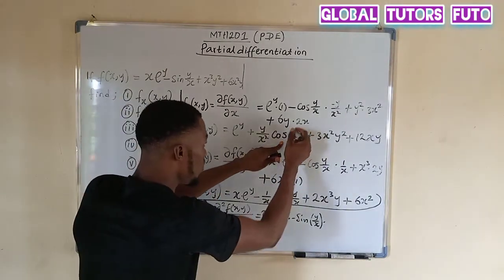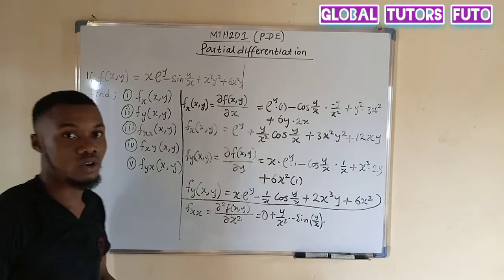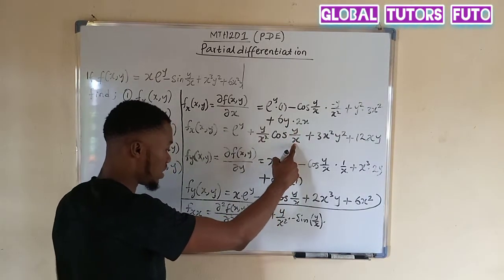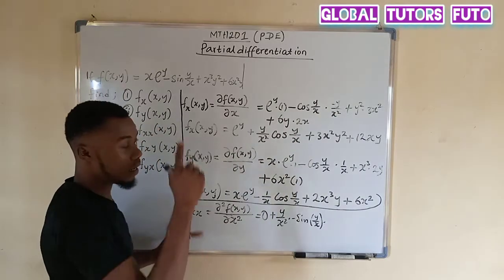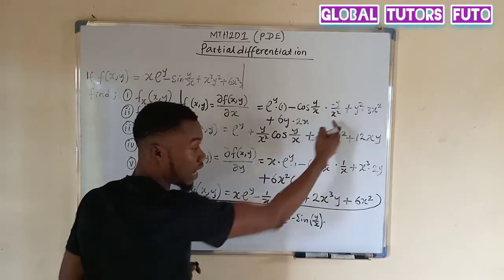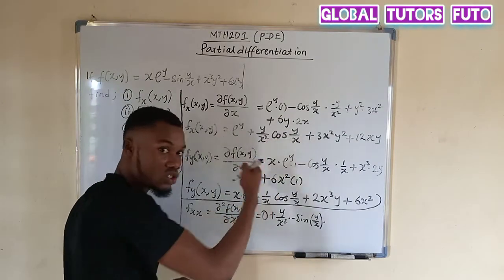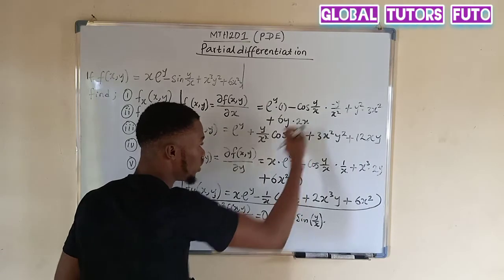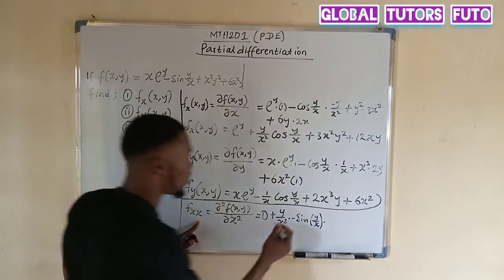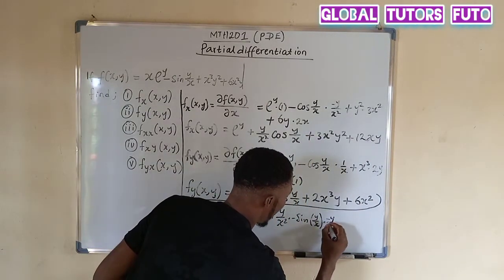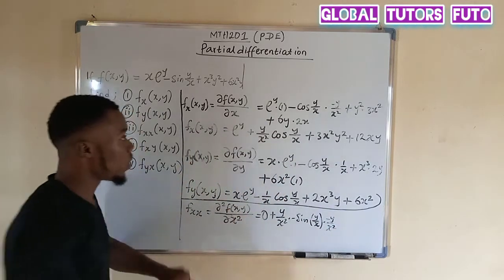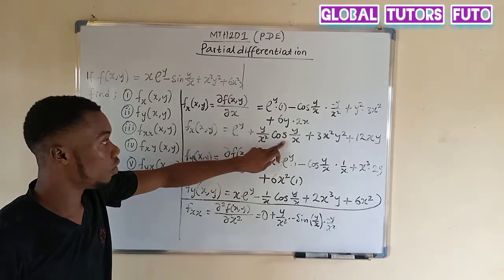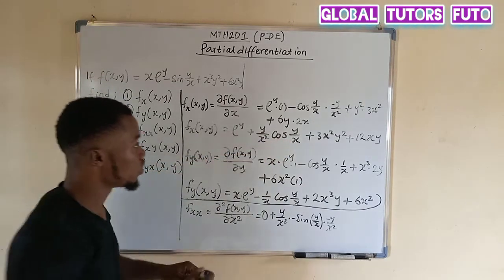So if we differentiate this angle, what are we going to have? Remember, we are differentiating with respect to x. If we differentiate y over x partially with respect to x, remember the first time we did it, we got minus y over x squared. Anytime you differentiate cos or sine or tan, don't forget to differentiate the angle. So if I differentiate y over x partially with respect to x, I will get minus y over x squared. So I have done u dv. Now it is time for v du. So plus,